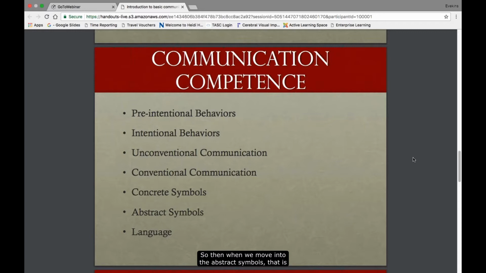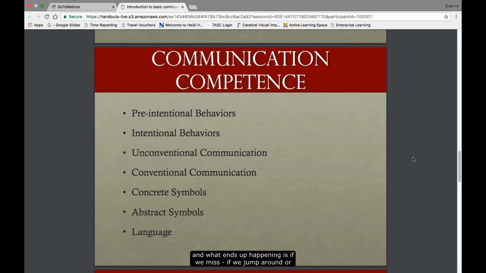So then when we move into the abstract symbols, that's the speech, the sign language, the brailled words, or graphic symbols. The child has to understand the concrete symbol before we can get to the abstract symbol. So again, it's really important that each one of these things happen in order of succession.